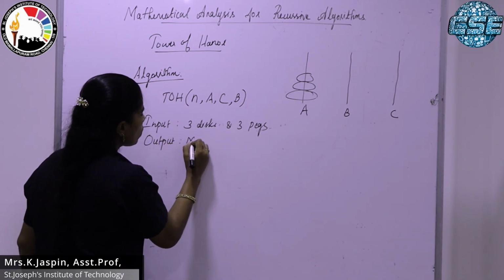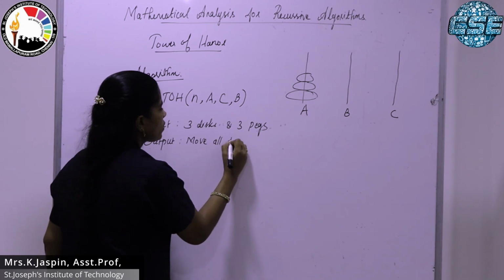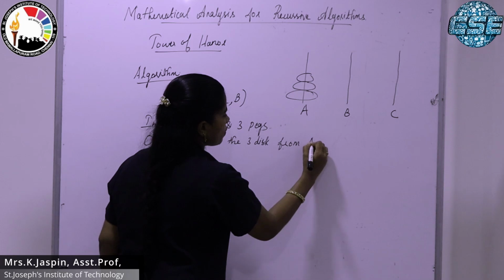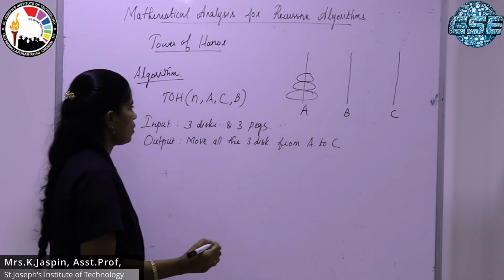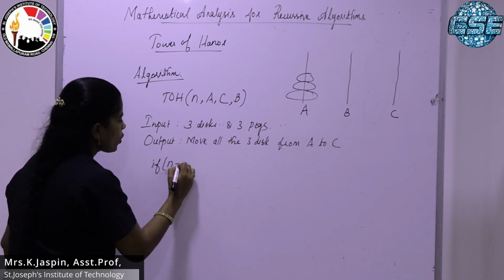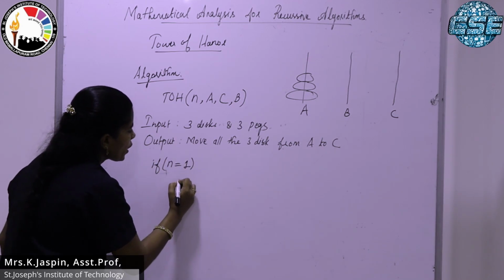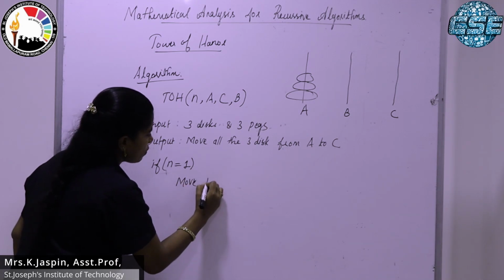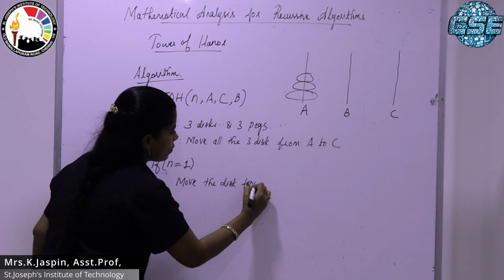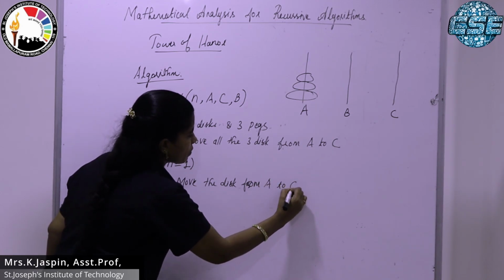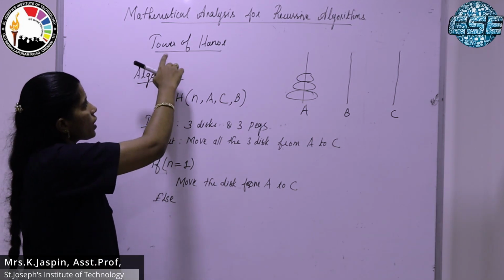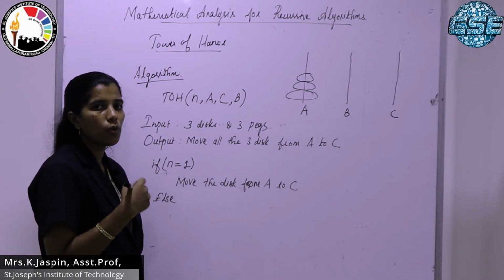Output: we are going to move all the 3 disks from A to C. So in order to execute this algorithm, if you have one disk, we need to move the disk from A to C. Else part, we are going to call this Tower of Hanoi problem recursively to move n minus